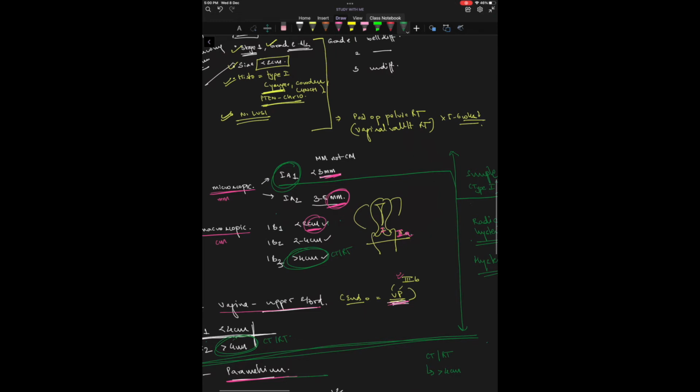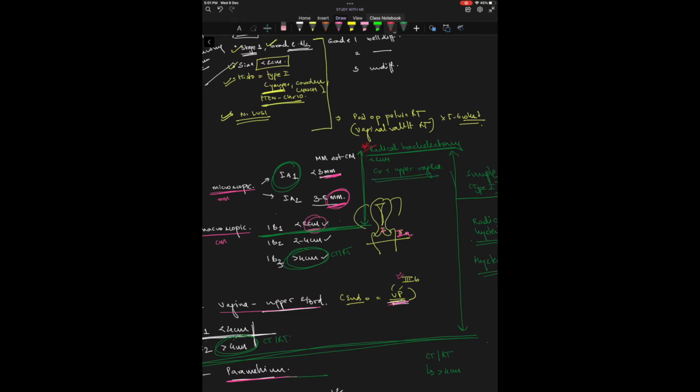Another point to be noted is that if the female is young and the family is incomplete, we can go for a fertility preserving surgery which is called radical trachelectomy. Now this can be done in tumors up to 2 centimeters, okay, till stage 1B1. So for all these females nowadays, we can go for a fertility preserving surgery called radical trachelectomy, in which what do we remove? Cervix and upper vagina.